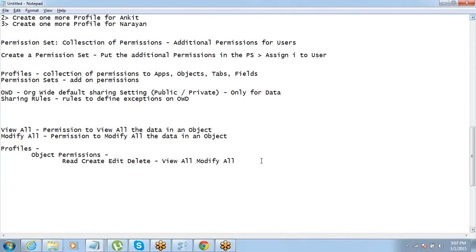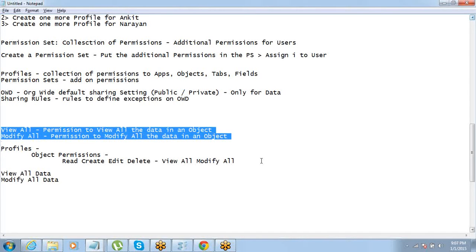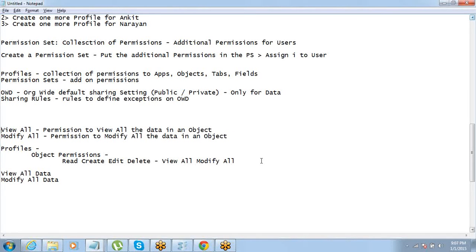In addition to these two permissions, there is one more permission which is called view all data and modify all data. So this view all and modify all is basically for one object. View all data is permission to see all the data in the database across objects.